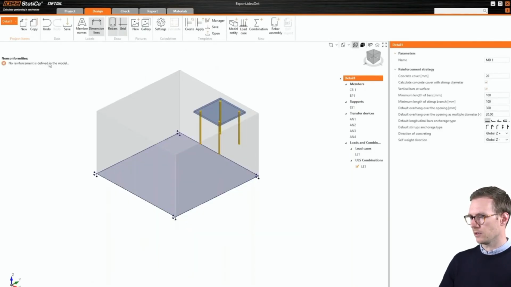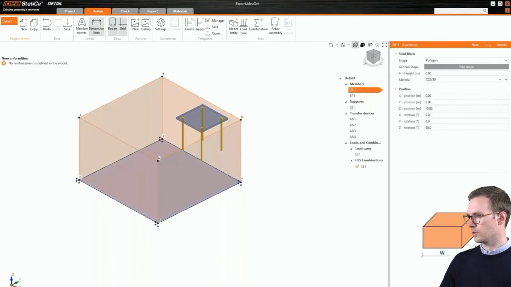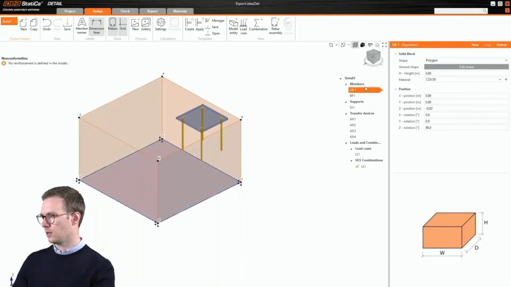We can see that we have an error message, and basically it's because there is no reinforcement yet, so now it's just plain concrete. We can also review the details on the right side and all the parameters. So first of all, we can edit the concrete cover to 45 millimeters, and we can look at